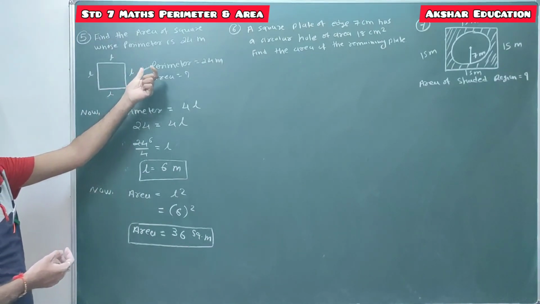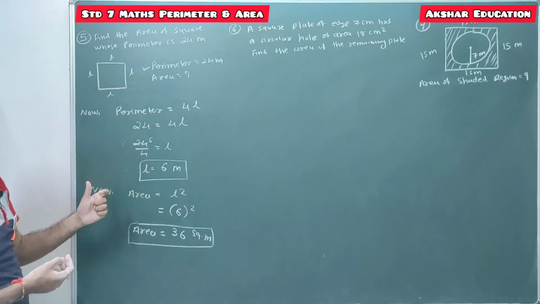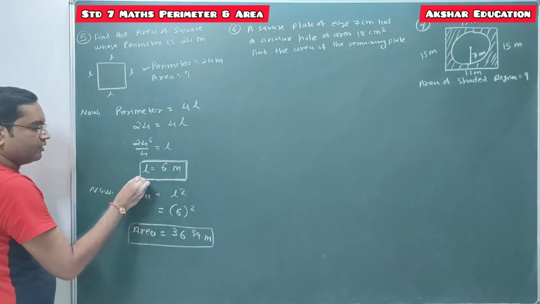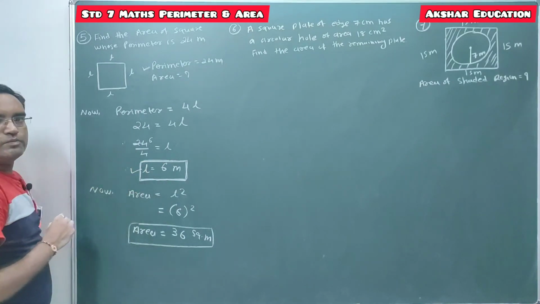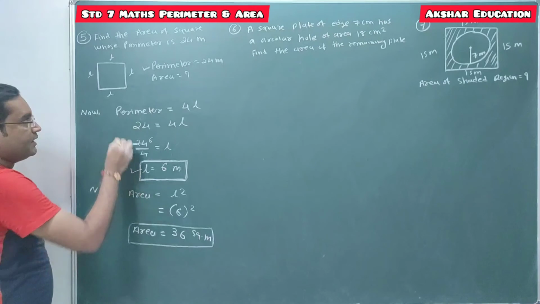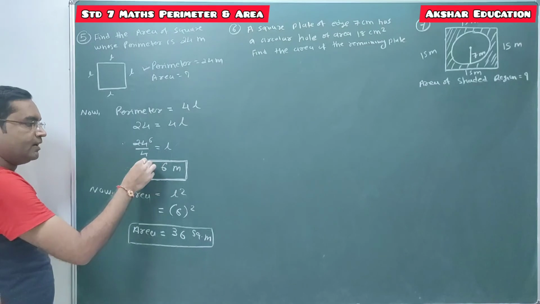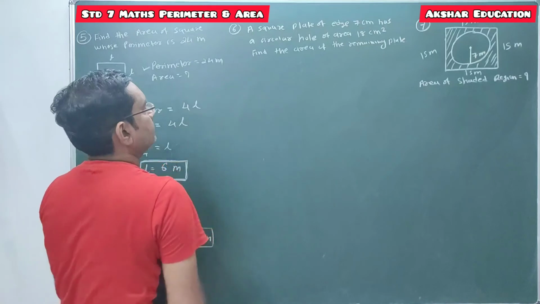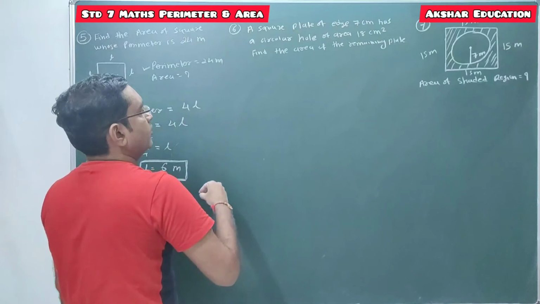Whatever the quantity is given, you have to apply that formula. By applying that formula, you have to derive the value of L. Because what is our basic concept? To find the area or perimeter, we require the dimensions of any figure. So here the dimension of this square is the length of the square. So first you have to derive the length, and by obtaining that length we can find the area of that square. Clear, students? Now here a square plate of edge 7 cm has a circular hole.